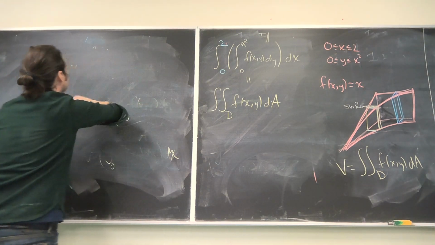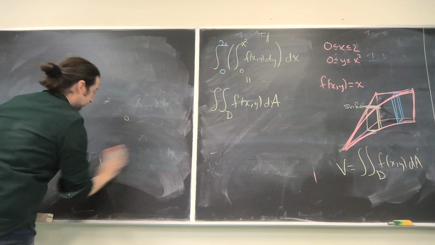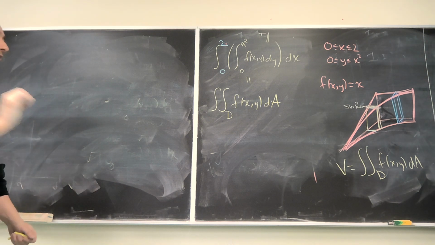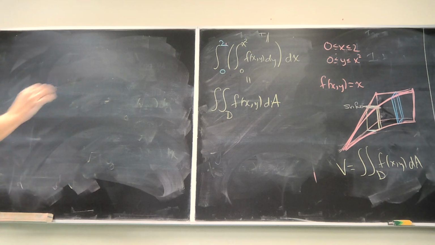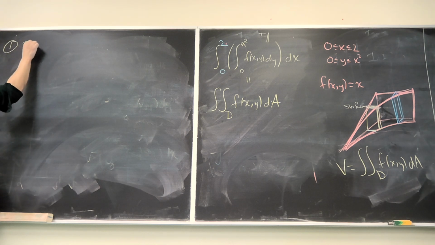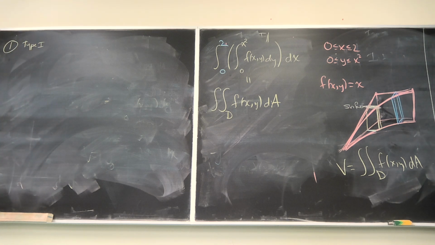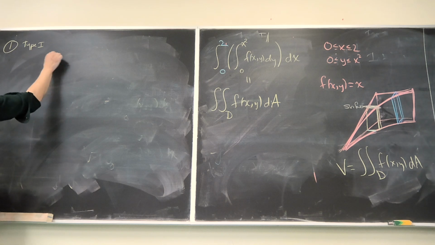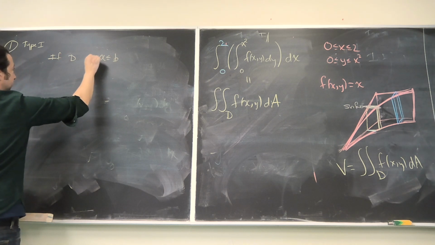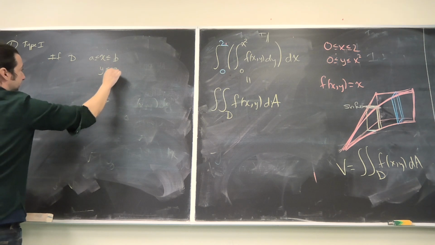So on page 2, you have this picture that tells you specifically in which cases you are allowed to turn a double integral over a more general domain into an iterated integral. And there are 2 cases. So the book calls this a type 1 integral. That's not standard terminology that you need to memorize. If it shows up in the book, this is what they mean. And what they say is the following. If you have a domain where x is stuck between a and b, and y is stuck between 2 functions,